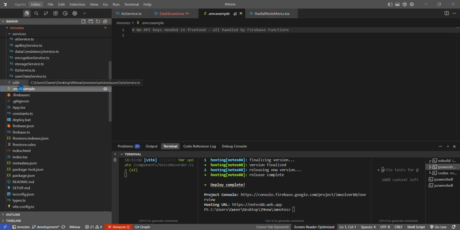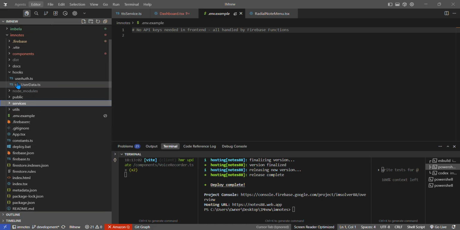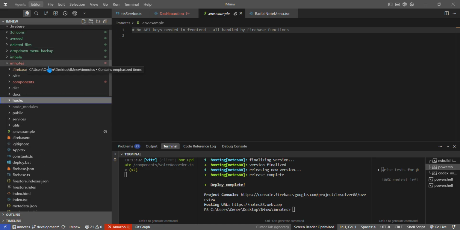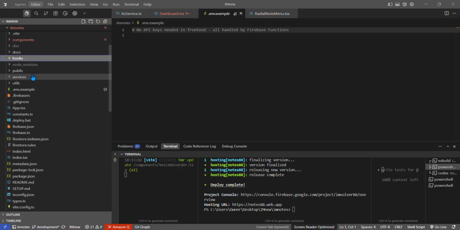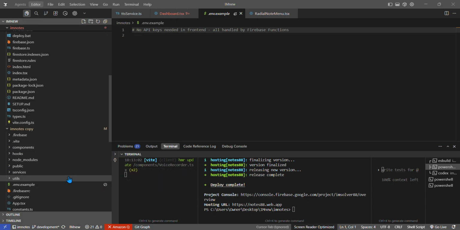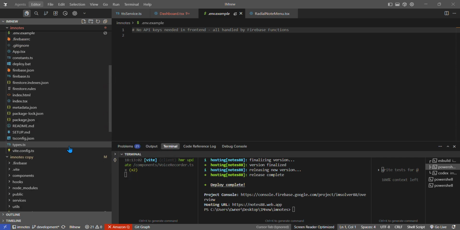Well, nothing in there, but usually it says env local, env something like that, and you add your stuff in there, and then you can add it on your Firebase. Yeah,